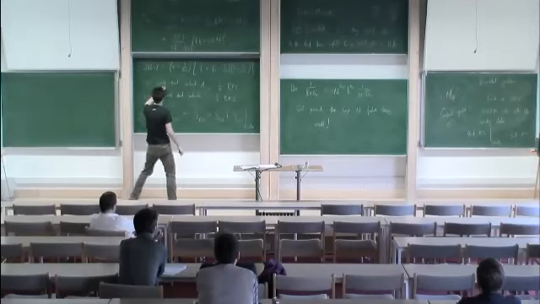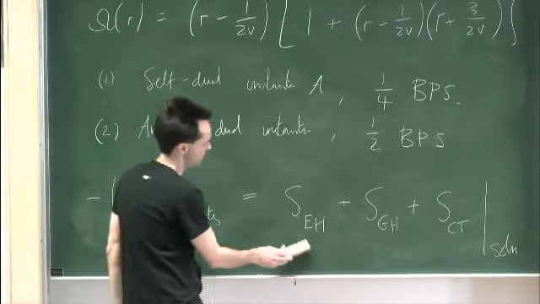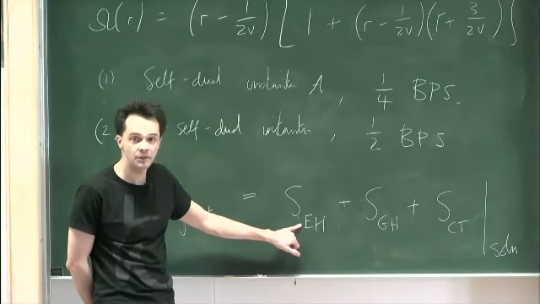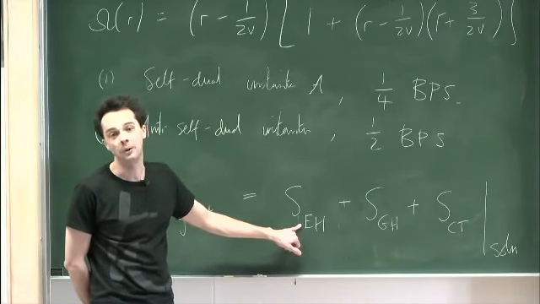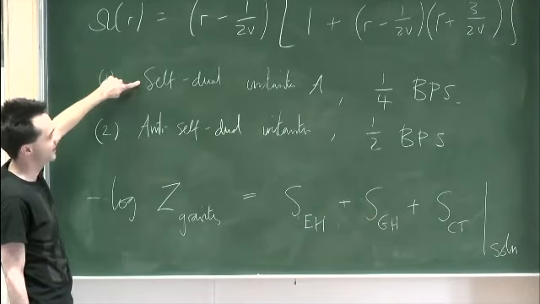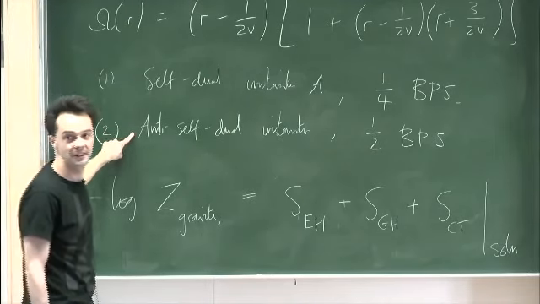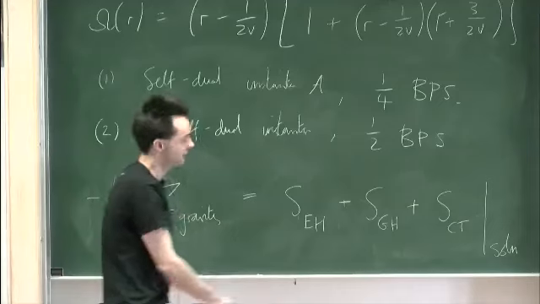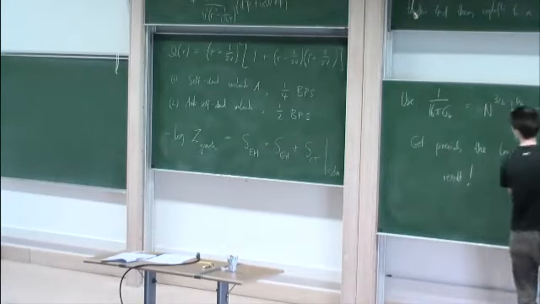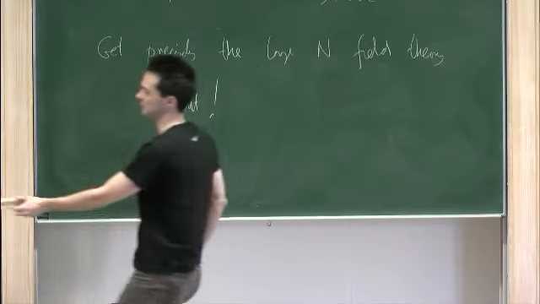Okay, so there's non-trivial dependence on this squashing parameter when you do this computation. So for example, this Einstein-Hilbert term, as I remember, depends on the squashing parameter, its square, its cube, and its 4th power. And similarly here. And when you put them all together, in this case, you just get 1 at the end of it. And in this case, you just get 1 over v squared. Okay, so there are some miraculous cancellations here. It's quite a complicated solution, but you precisely recover the field theory results, which were very simple. Okay, so it's really miraculous to see this come out. It doesn't look like it's going to work when you first start, but it does.